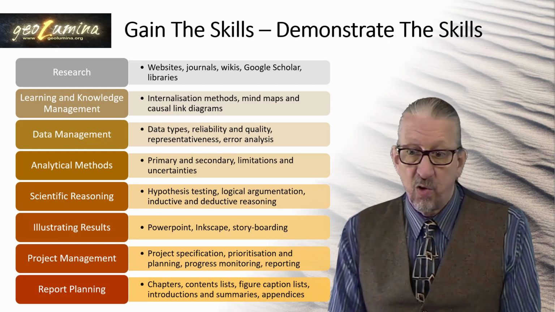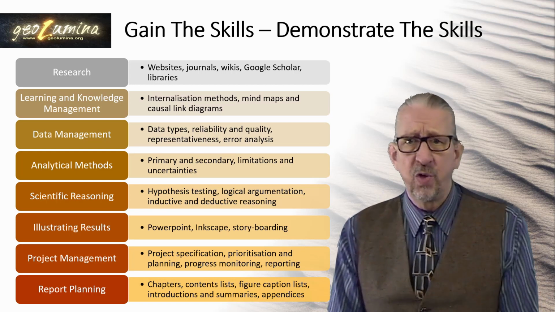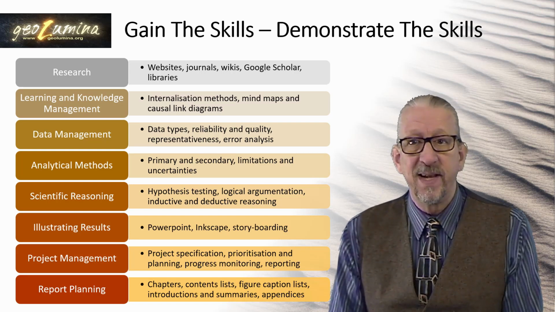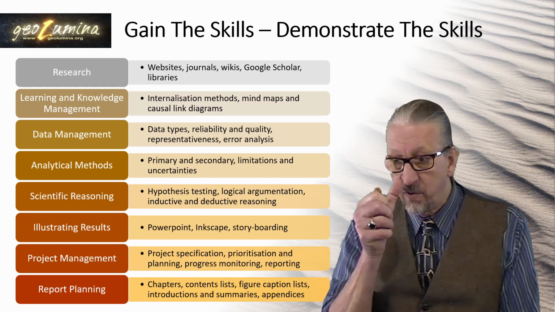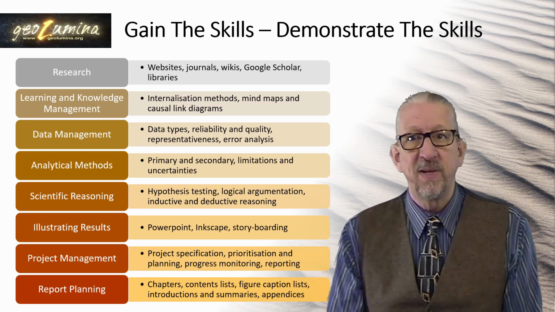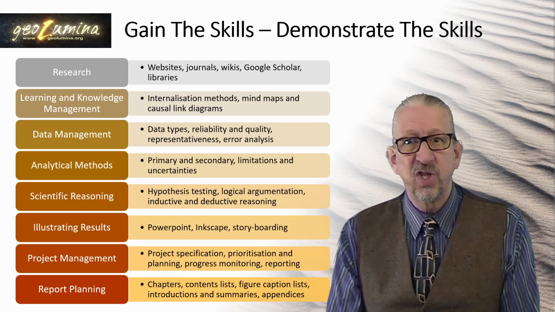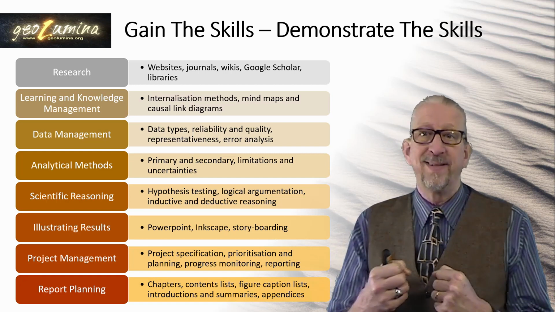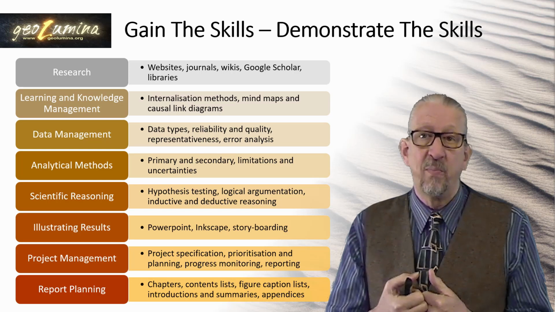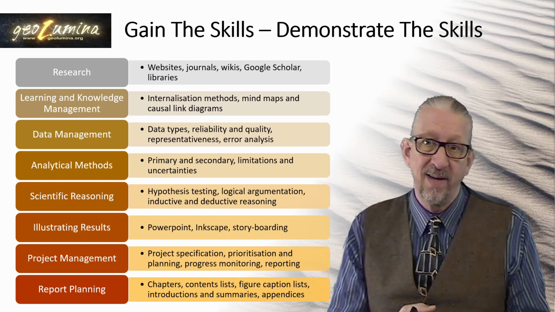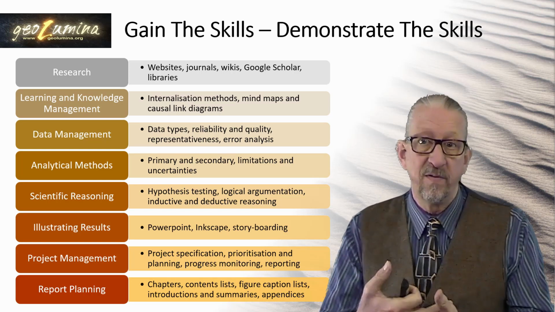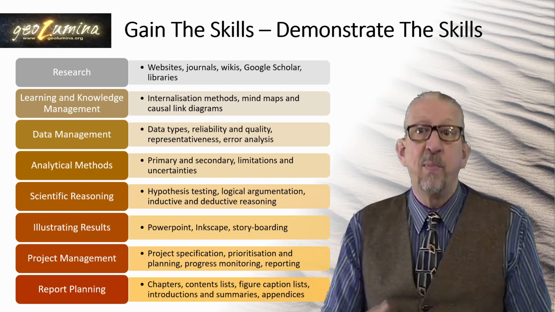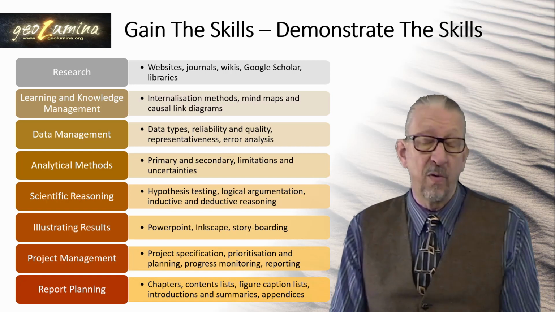So we have degrees and PhDs and so on, so we should all be scientists, so we should be masters of scientific reasoning. But as I've mentioned so many times along the way, this is not necessarily explicitly taught. It's kind of assumed in many cases. So we have to put the effort in to make sure we understand the logical argumentation process and the terminology of logical argumentation and of inductive, deductive and abductive reasoning and hypothesis testing and so on and so forth.